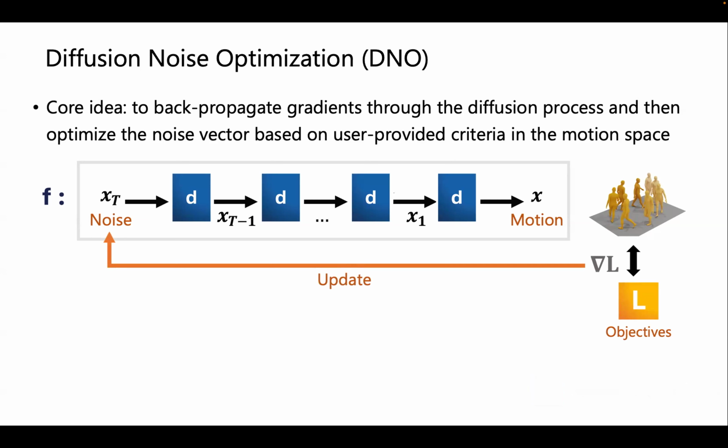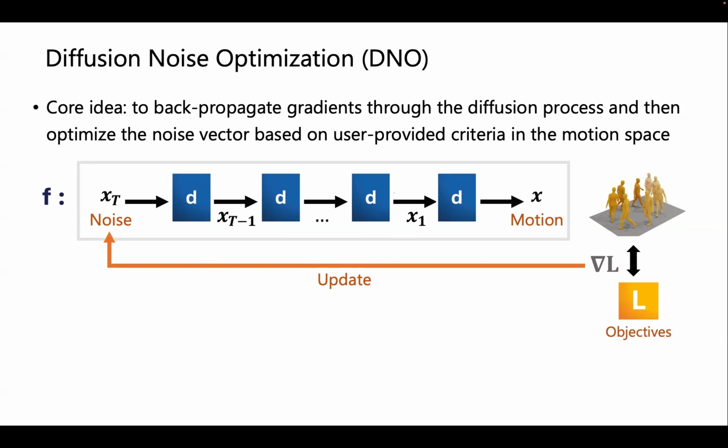We can do that. There are 2 things. The first thing is motion is not like an image. Motion data is much smaller, since the motion representation is not like the whole image, so we can put it in memory. The second thing is we use this DDIM solver, where we only do 10 diffusion steps. So we can do that.